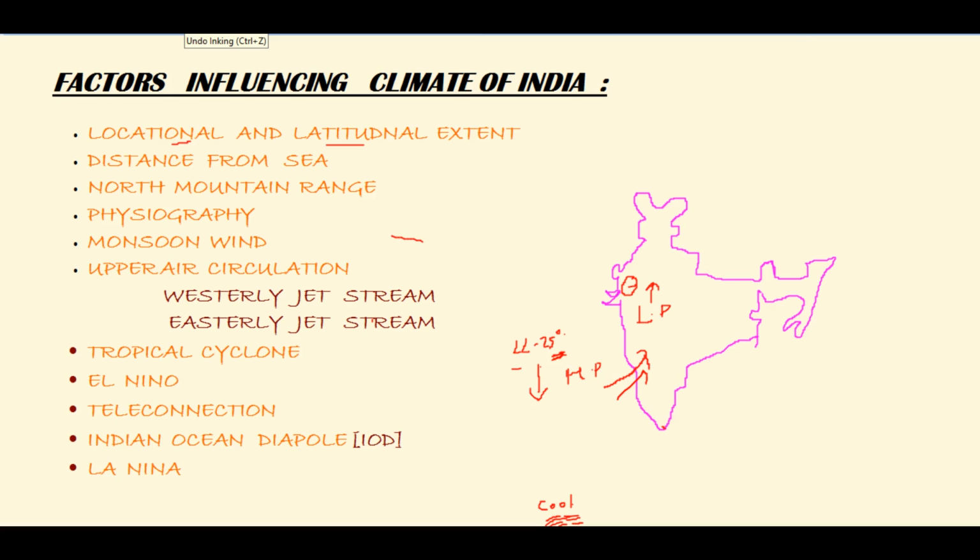So we are going to the third: how does the northern mountain range affect? From here, Pamir Knot, so here is the Pamir Knot. From here, the Himalaya extends eastward. So whenever rainfall occurs in the Indian Ganga plain, it is due to the terrain of mountains, which we also know as mountain rainfall.